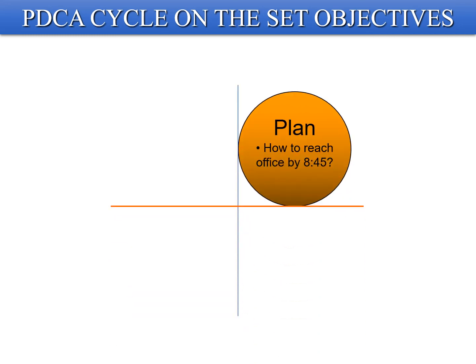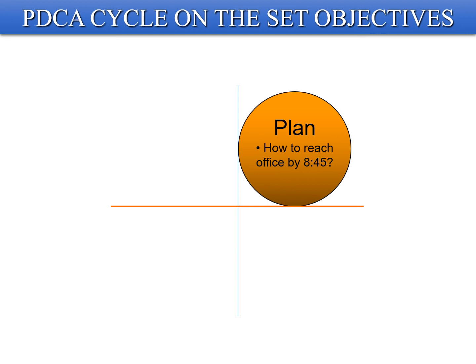PDCA cycles are helping you to set objectives and improve your process or improve your gray areas. Like in this case, your P or plan area is how to reach office by 8:45. So which will obviously cover your wake up time, your time consumed in preparing yourself, and then your mode of travel selection. And again, it depends upon what day you are traveling, whether it is a holiday or a weekday